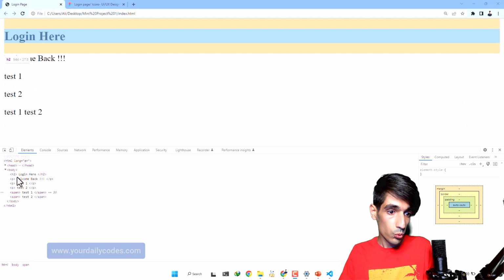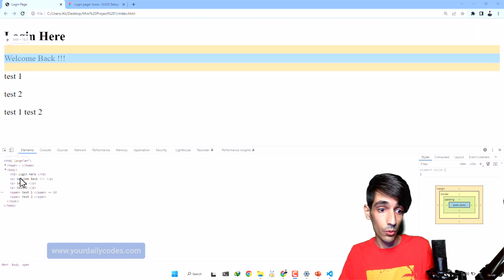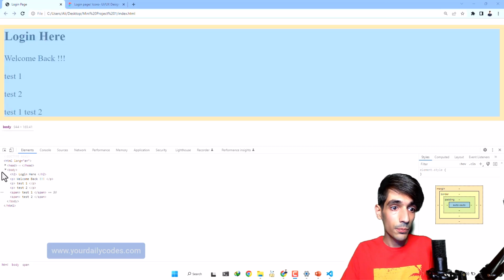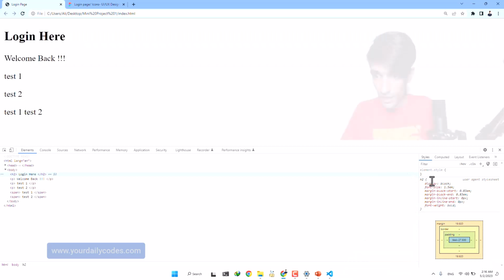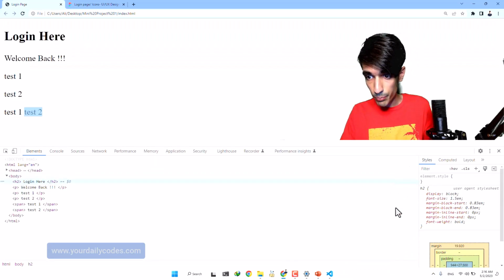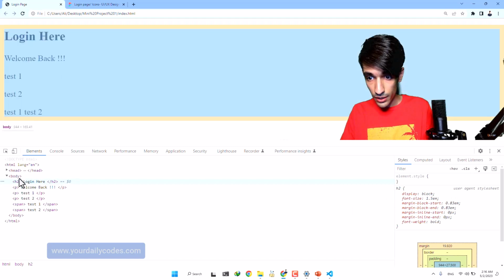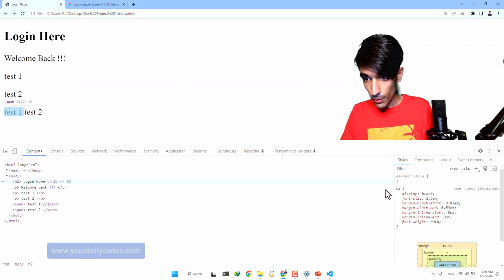But you might ask, what is that orange area when I hover over the elements? Well, that's called margin. Some elements have a default margin by default. For example, look at this h2 tag. When I click on this h2 tag, you can see it has some properties here. Let's zoom in so you can see better. And as you can see, the h2 tag has some margins here, some styles by default.